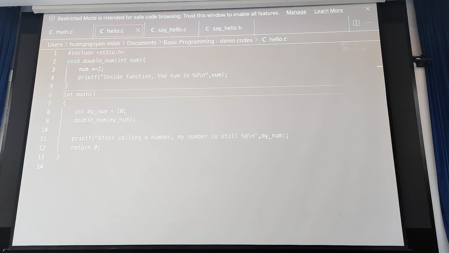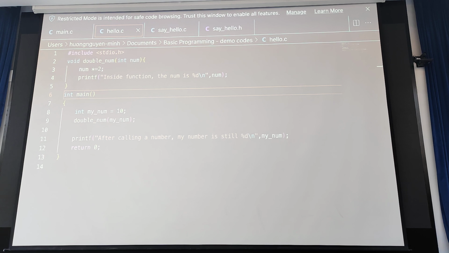Thank you, but this is what I'm trying to say here. We are passing a parameter to a function, right? And the parameter here is a variable.